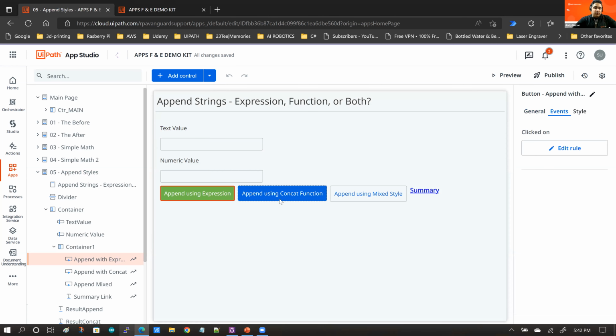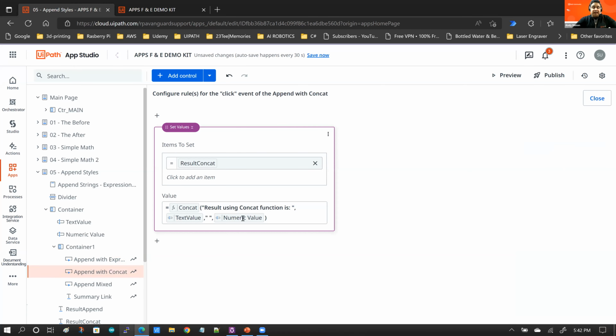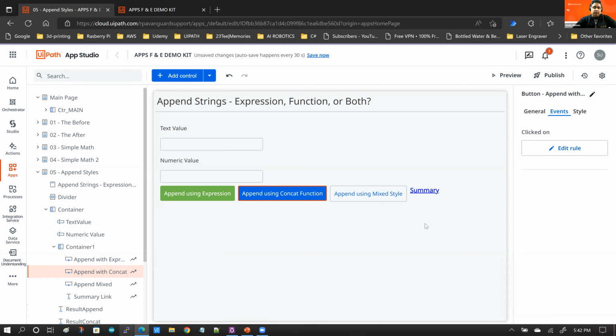But if you don't want to use too many ampersands in your expression, like I do not like too many ampersands, I would like to go for the concat function. So if I click on the blue button, it is the same thing, except I have concat, open brackets, and then the string followed by the 2 variables, right? Close. Now you might prefer to write it in mixed style. I want to combine the expression style and the function style and use the mixed style. In this case, if I go in here,